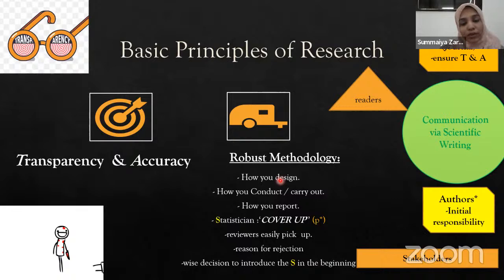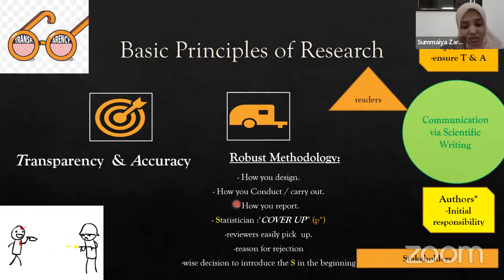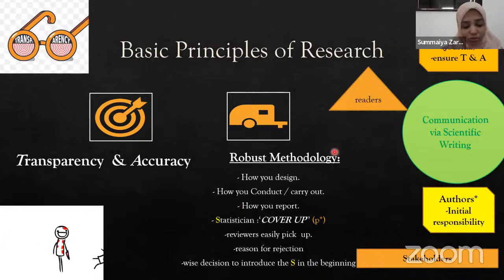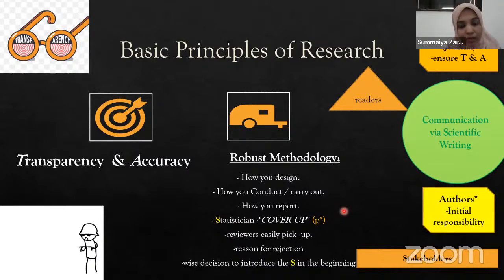Because later on, when you go to the statistician with all your data, the statistician, after asking you these three questions, is going to analyze your data and give it back to you for you to report, you want it significant. So that is a very big thing in our community, that the p-value should come significant. It is very overhyped. So you tend to cover up. This is called as